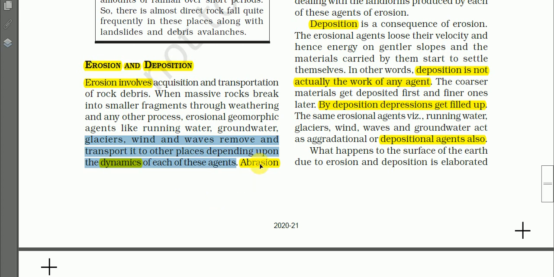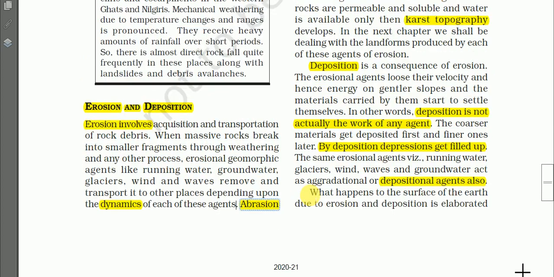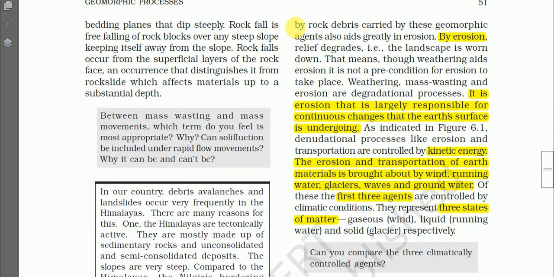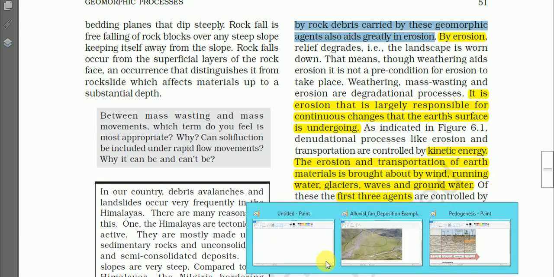And abrasion by rock debris carried by these geomorphic agents also adds greatly to the erosion process. So abrasion by rock debris also helps in the erosion process. What do you mean by abrasion? See here,